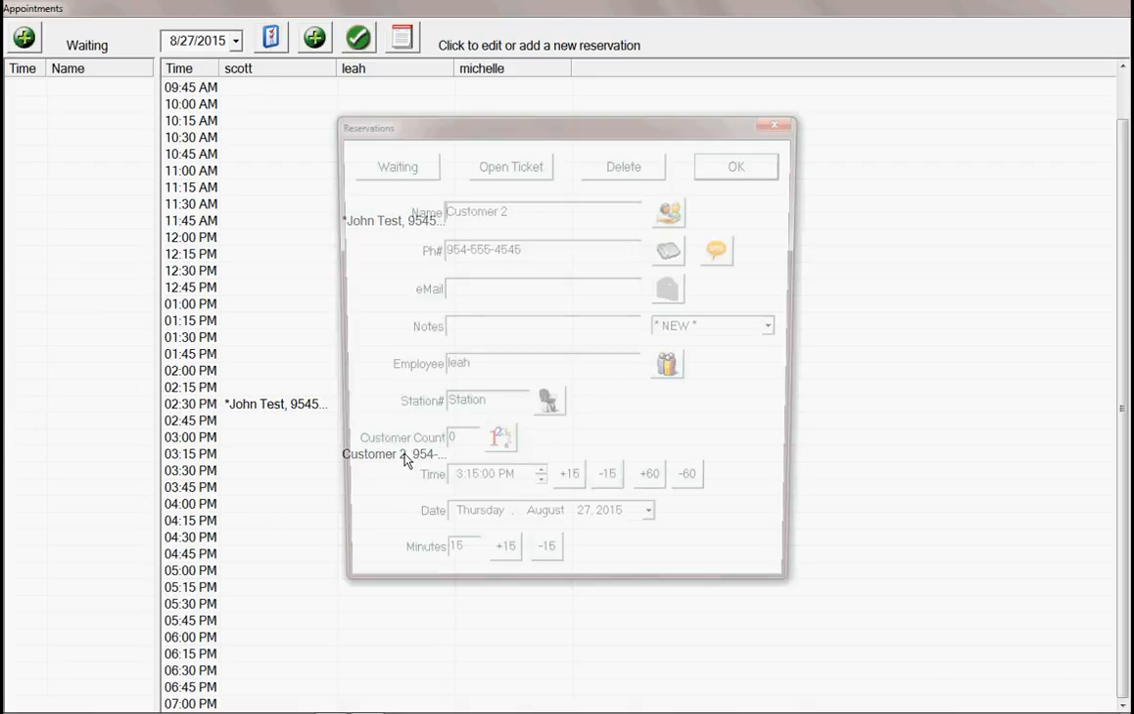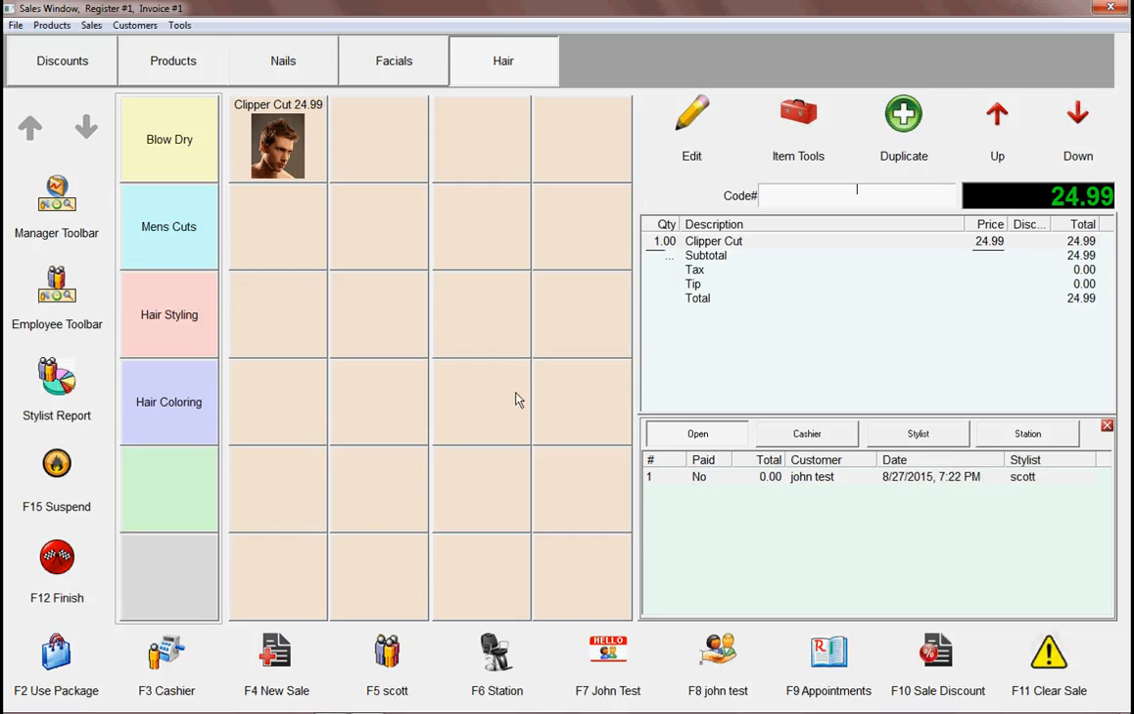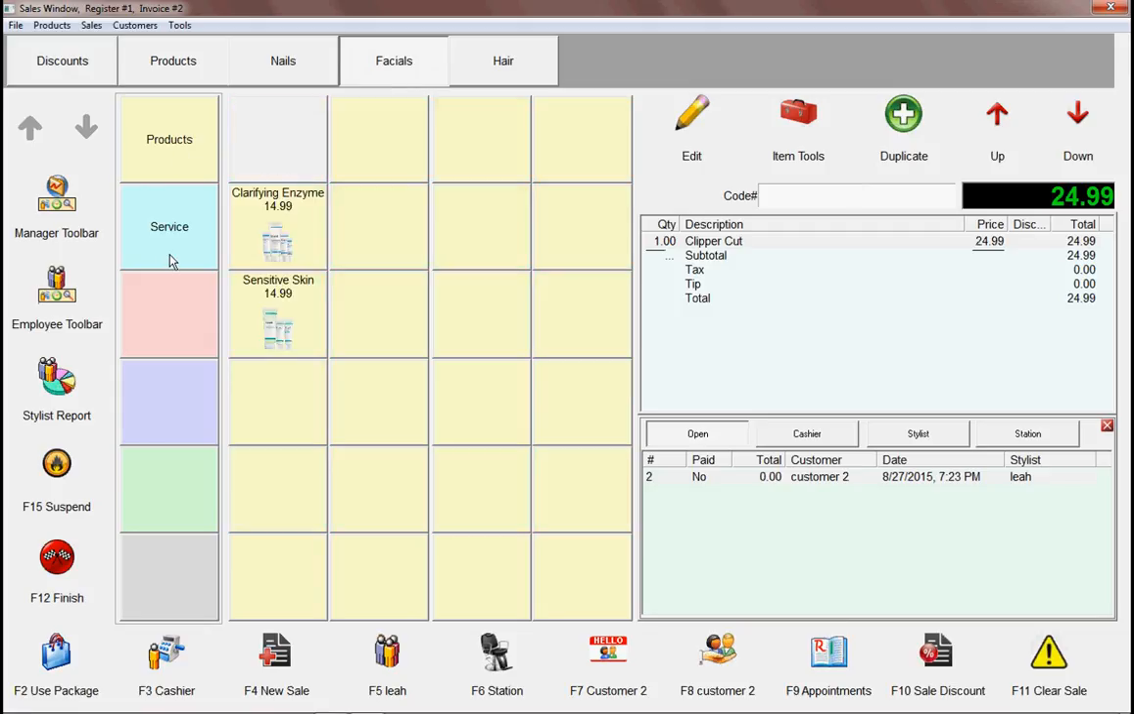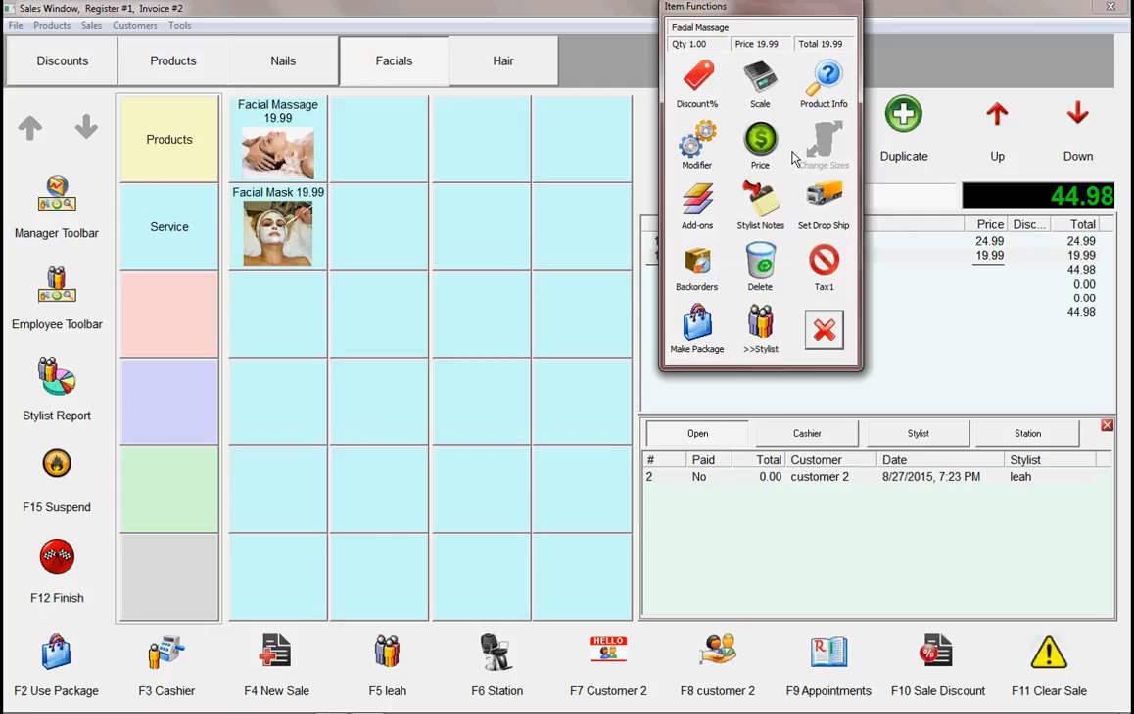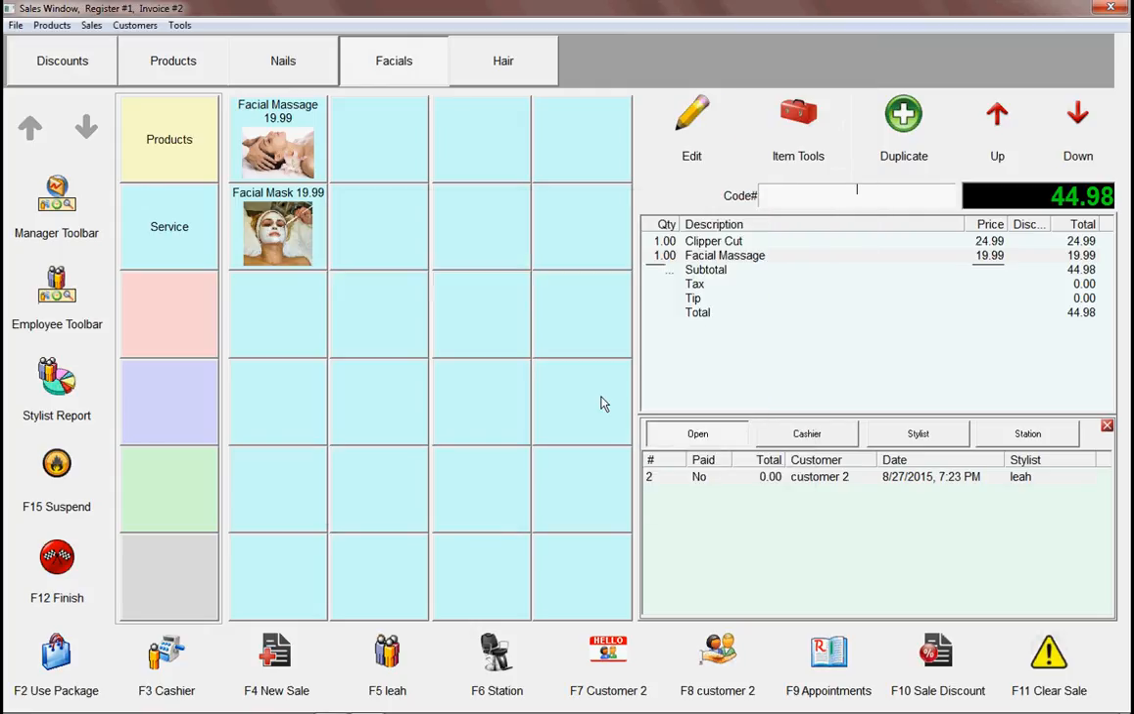Let's click on this one, open this ticket. And this time I'm going to show you something a little bit different. Let's say this person had more than one person work on them, just for the sake of argument here. So let's say we had a cut here, and then they also got a facial. Now let's say we want to split the commission on this between 2 different stylists. You can click on each individual item and assign it to one stylist,